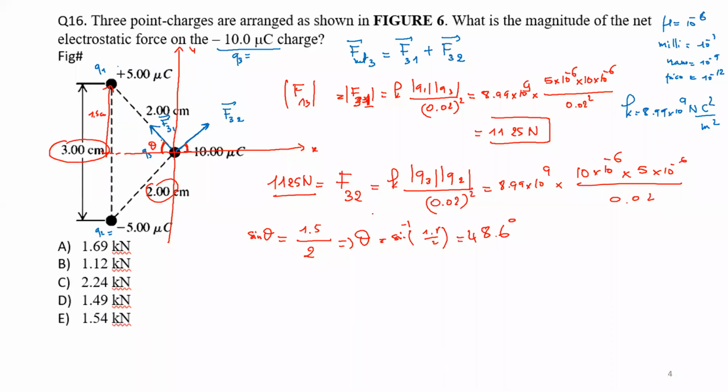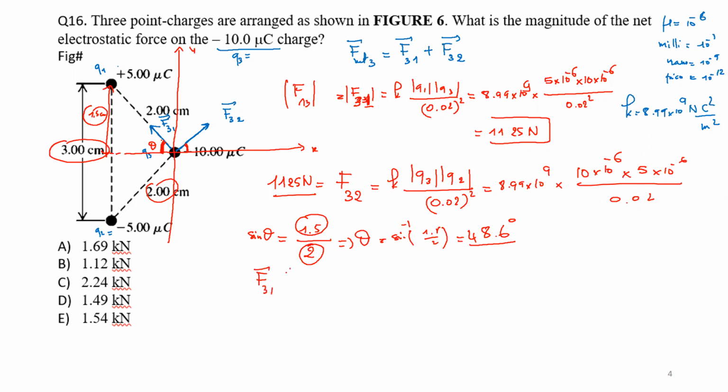So we get sine theta, at an angle theta, which is sine inverse of half 3 divided by 2. Okay. So this gives you 48.6 degrees. So this angle theta here, its sine is just this opposite side divided by hypotenuse. So half 3 divided by 2. So the angle is 48.6 degrees. So that means